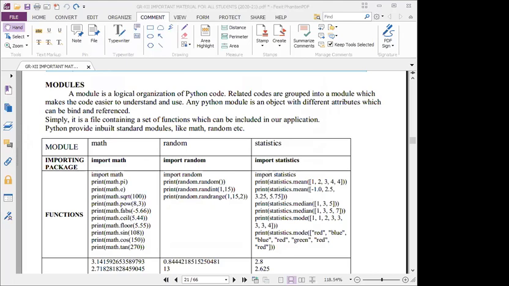So this is a very, very small chapter. What exactly does module mean? That is a collection of functions that can be included in our program. Whatever application, whatever thing we are going to solve, we are going to write a program.